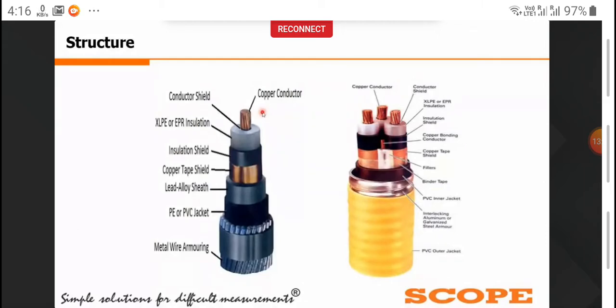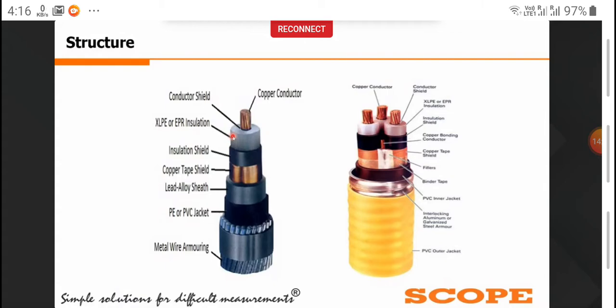After that, the second layer is the conductor shield or semiconductor layer. This semiconductor layer is used to maintain a uniform electrical field in the cable, prevent air-filled cavities between the metal and insulation, prevent local electrostatic discharges, and also reduce the electrostatic stresses in the cable. The semicon layer, or conductor shield, is shown in the first picture.